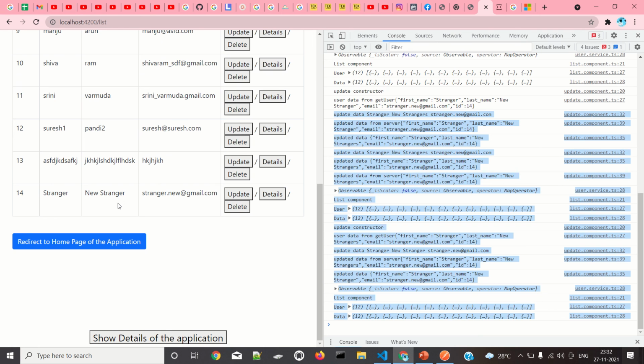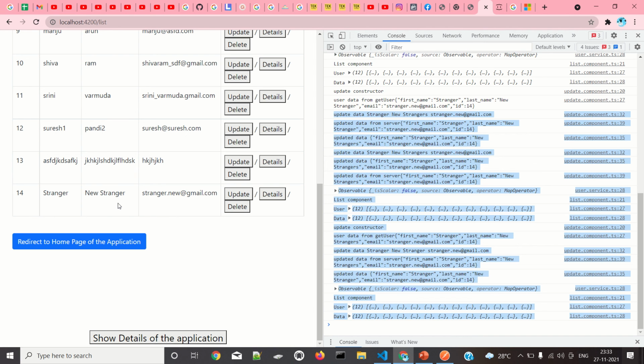So for this I need two methods. One is the get user method and another one is the put method. Put method in the sense that I have to post the data and check the id, so that it becomes a put method, which will overwrite the older data with the new data.